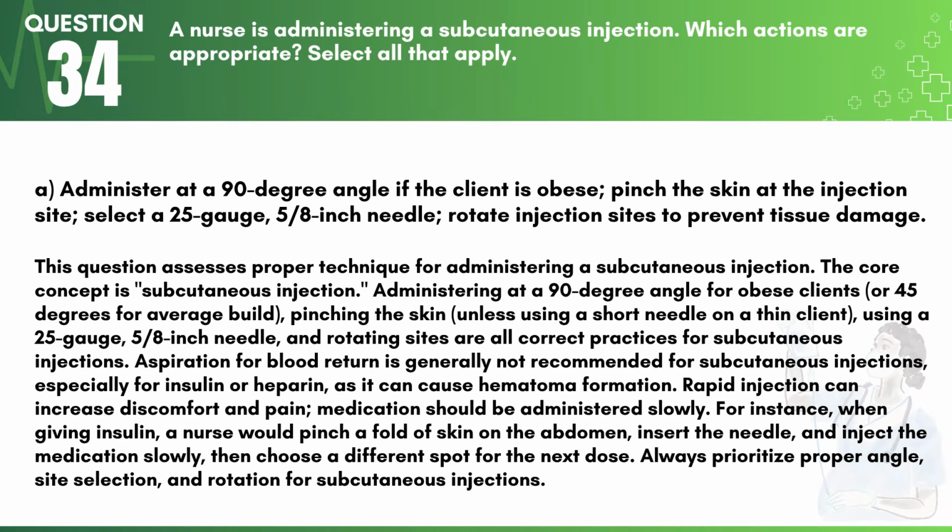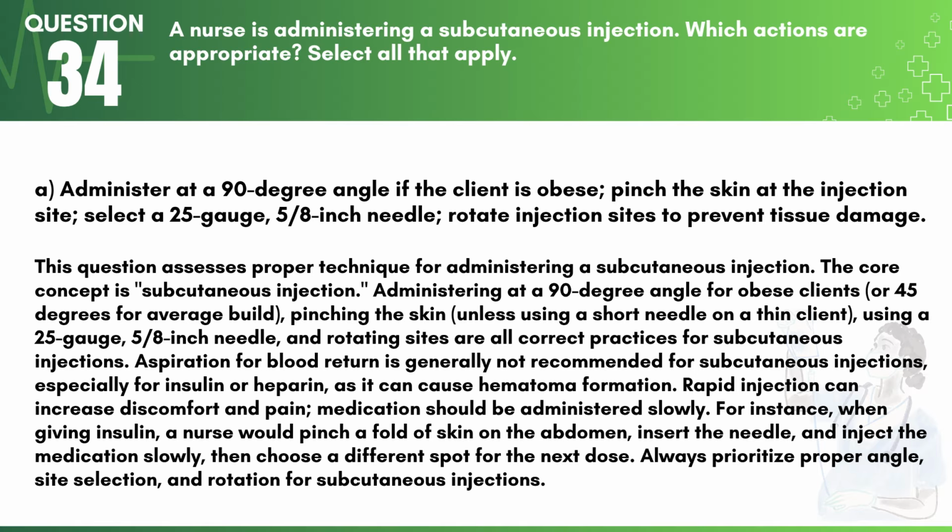Answer. Administer at a 90-degree angle if the client is obese. Pinch the skin at the injection site, select a 25-gauge, 5/8-inch needle, rotate injection sites to prevent tissue damage. This question assesses proper technique for administering a subcutaneous injection. The core concept is subcutaneous injection. Administering at a 90-degree angle for obese clients, or 45 degrees for average build, pinching the skin, unless using a short needle on a thin client, using a 25-gauge, 5/8-inch needle, and rotating sites are all correct practices for subcutaneous